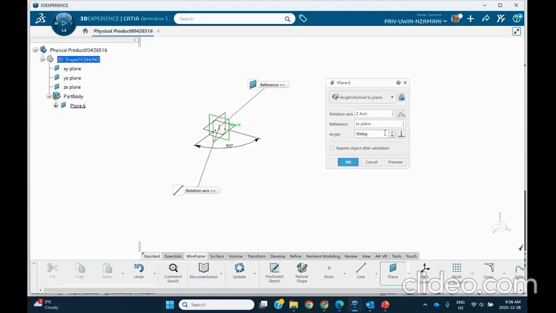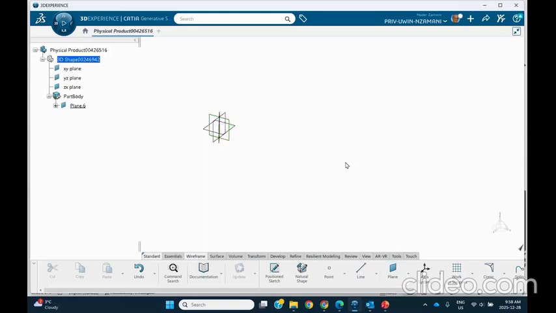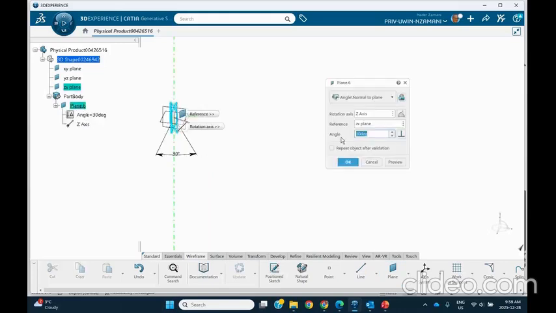And let me put this thing back to maybe, let's say 30. You can see that. So it created a plane for me right there. You can see at 30-degree angle. If I double click on this, I could have also said, repeat this after validation, and then say, okay, maybe